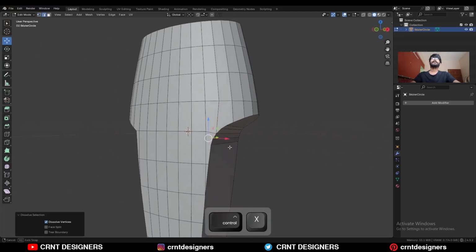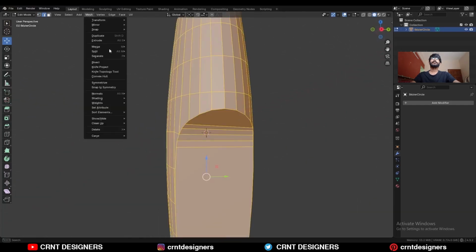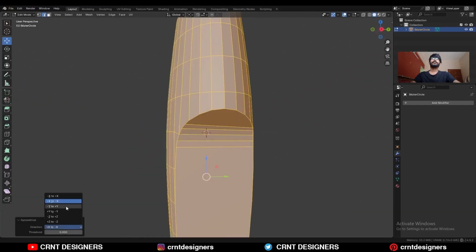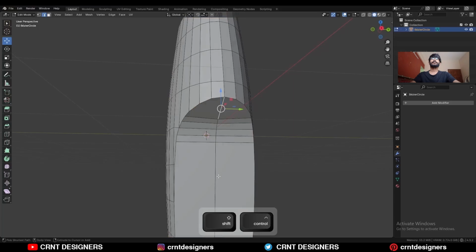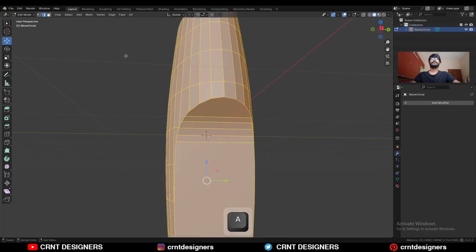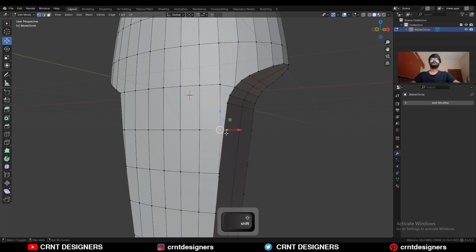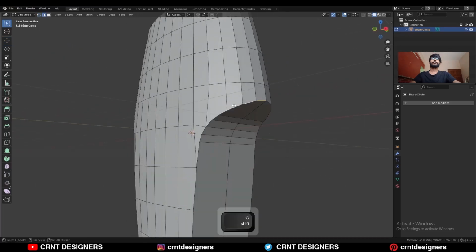Then dissolve this edge. Then select everything, mesh and symmetrize, take the symmetry. Select this edge loop and dissolve it and then select everything, mesh and symmetrize. Select this vertex and select this vertex and then press M, merge at last, connect them. Then you need to select this edge loop